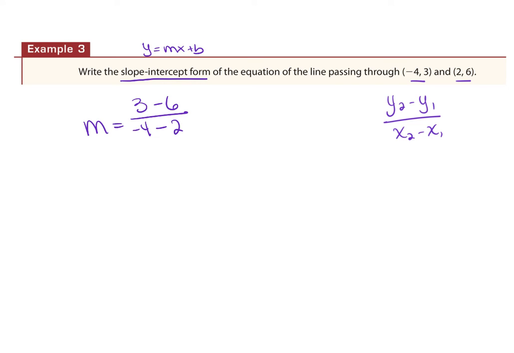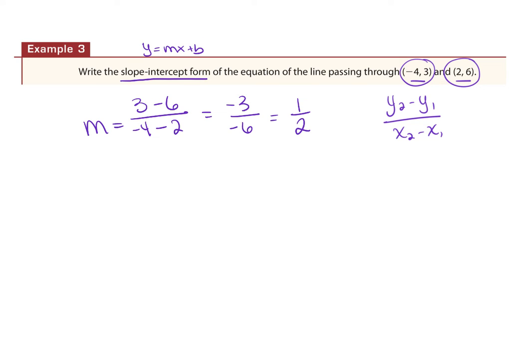All right. So I have 3 minus 6 is negative 3. Negative 4 minus 2 is negative 6. That reduces, right, to positive 1/2. Now I can use either method. I only have to use one of my numbers. So I can choose to either do the negative 4 and the 3, or the 2 and the 6. Only one of my points do I have to use,